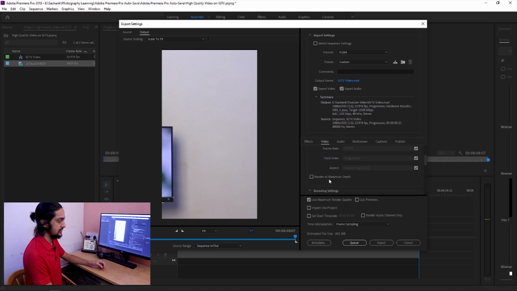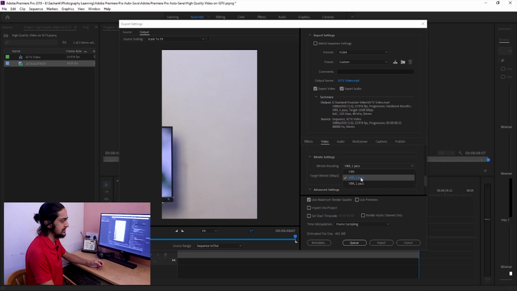So, render at maximum depth. When you tick it, it says rendering at maximum bit depth improves video quality but increases how long encoding takes. But all you need is a high quality video, so you just tick it here, and then you go down. You need not tamper with any of this. You go down, and here come the bitrate settings. We need not go much into bitrate settings now, so we just go directly to